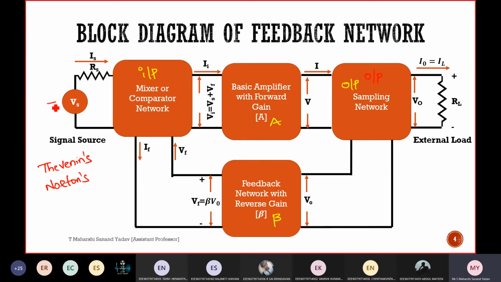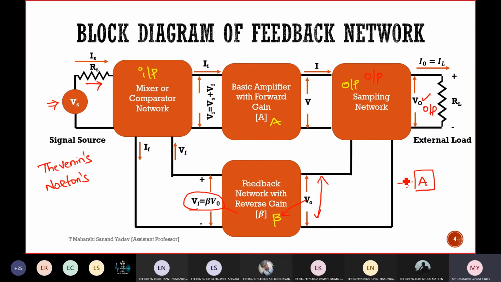Because of the voltage source, there will be a flow of current IS. This is entering, and generally based upon the output, it is given as feedback. Suppose V out is the output which I got, from there I'm giving it to the feedback network. And how did I get this? This V out is multiplied with beta to give Vf. Like the concept which you have seen.